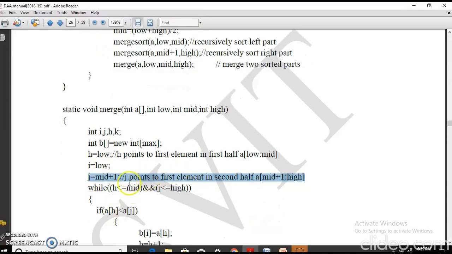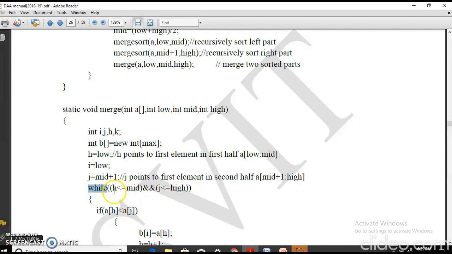So I need to compare the elements in the first half and in the second half till either of the arrays gets exhausted. So the comparison should continue till the first subarray is exhausted, or the second array is exhausted.